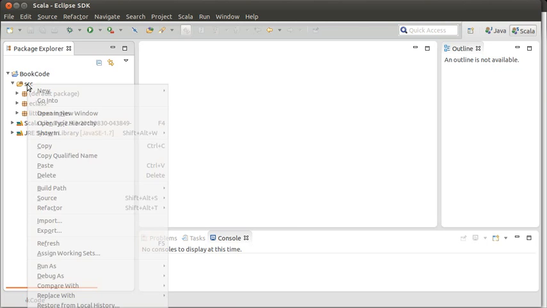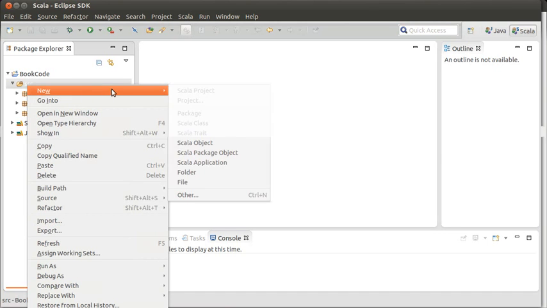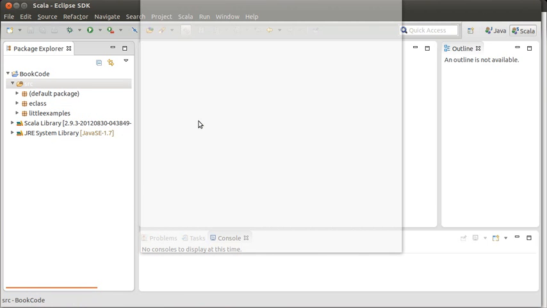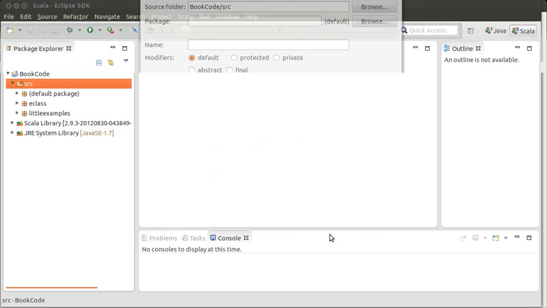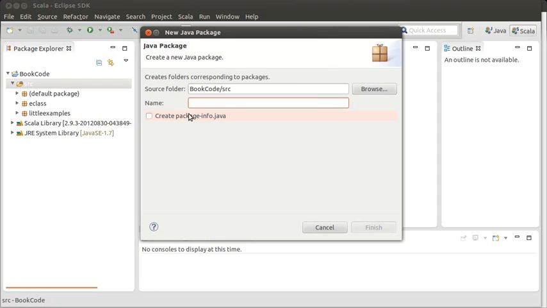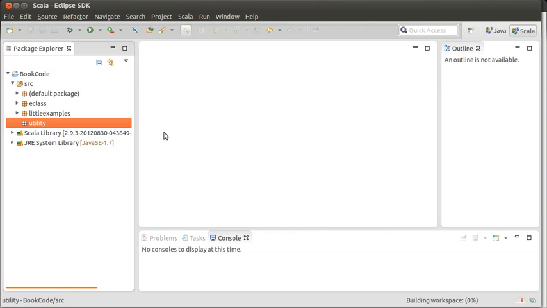So I'm going to, inside of here, go ahead and create a new Scala class. Oh wait, sorry, that's not what I wanted to do. Cancel. First I want to create a new package in here. New package. I'm going to call it utility. It's tempting to call it util, but util is used by package names inside of both Scala and Java libraries, and it turns out that it creates some weird conflicts if you use that. Makes life a little bit harder. So I'm going with utility,